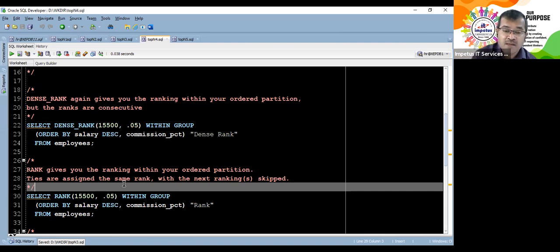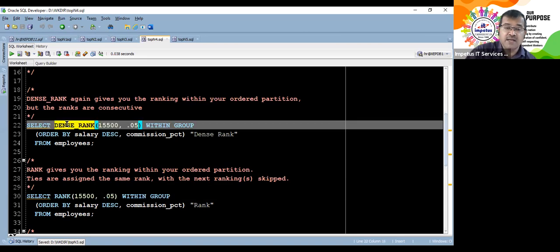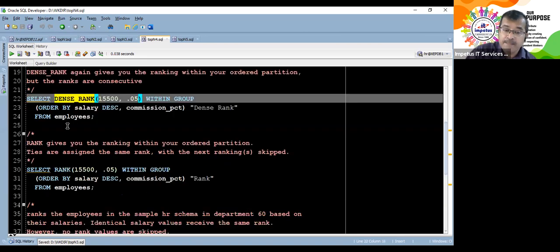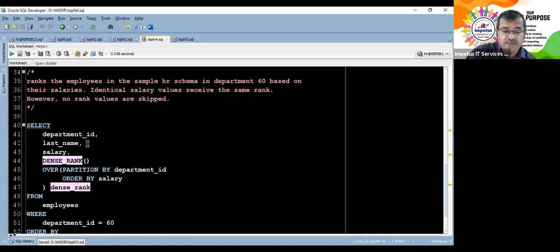Now that's a problem. Here, if there is a tie, in our case when is the tie happening in salary? Because there are two people with the same salary of 17,000, that's a tie. So the next rank number has gone ahead. Here we don't get consecutive ranks, whereas here we get consecutive ranks even if there is a tie. Now that we have understood the difference, let's use it.